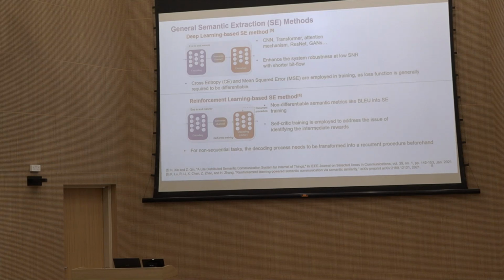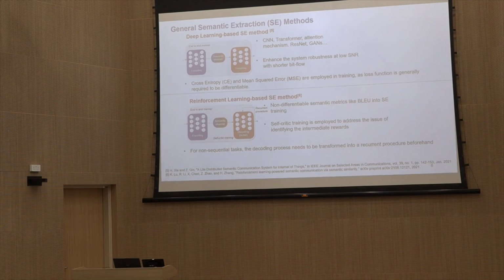For the deep learning-based semantic extraction, we can use the cross entropy and mean square error in the training process. They can be the loss function that needs to be differentiable. However, in some cases, we don't have a function that is differentiable. We can resort to